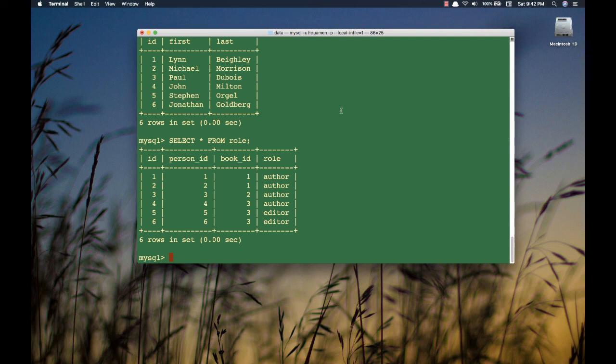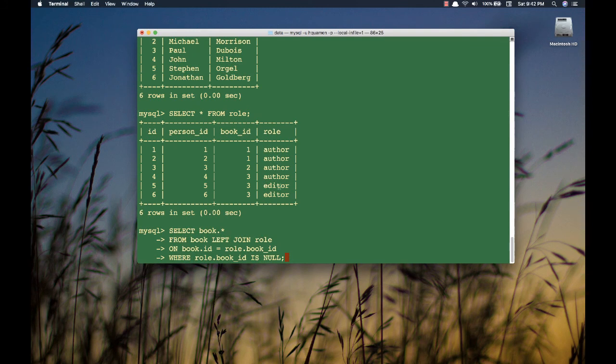Well, as you might have guessed, I've taken the liberty to copy and paste the left join query. So we're going to start with books first. So I'm going to select book.star. So remember, star means everything. So I'm going to select every column in the book table. And I'm going to do that from book left join